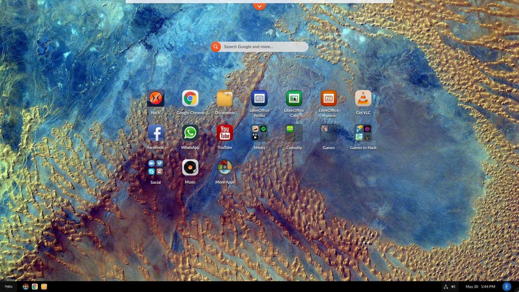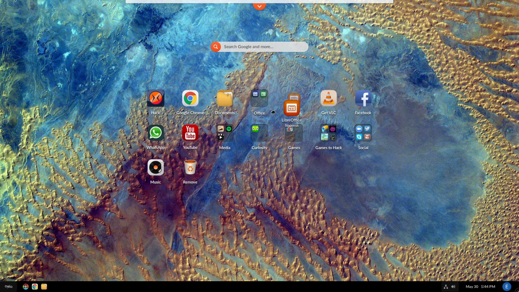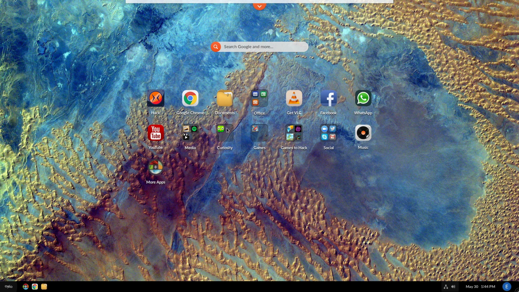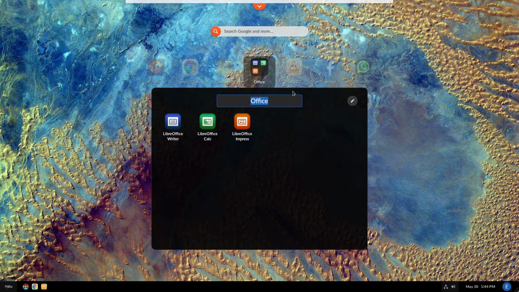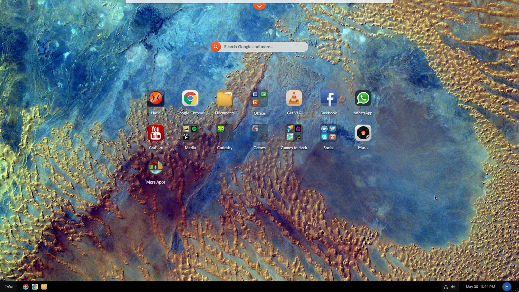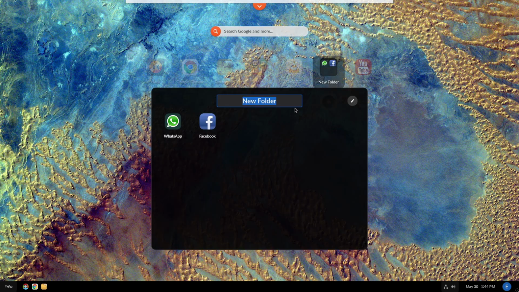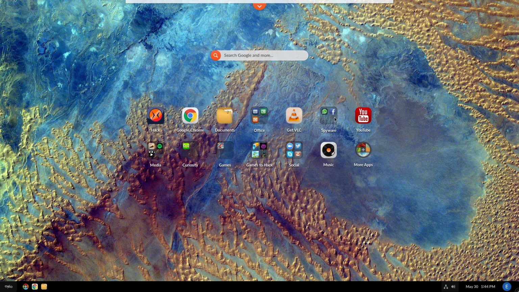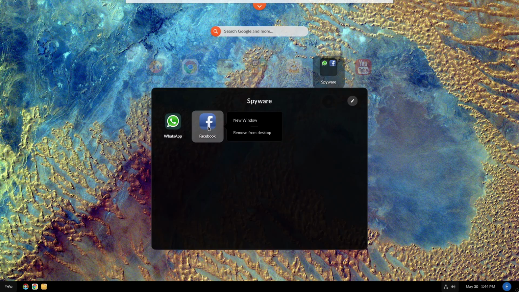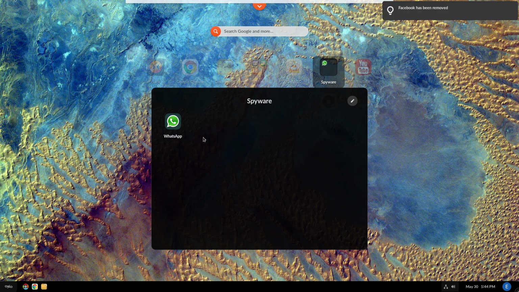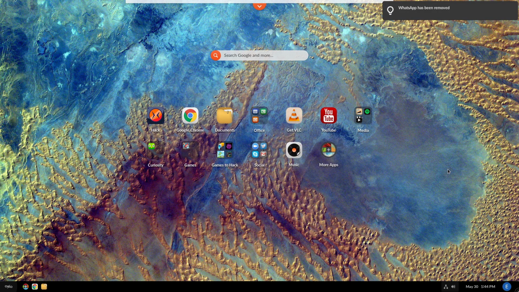What I would like to indicate here is you can actually create folders by dropping applications on top of each other. And if you actually do that, you can now click into here and edit the name of the folder if you want to. In this case, Office is a perfectly fine thing. But here I can go ahead and do this and say, spyware or whatever here, because, yeah, why would I want to use either of those, really? But these are actually their website applications. So I can go ahead and remove these. If you remove everything, the folder will disappear.